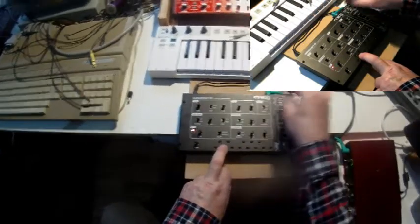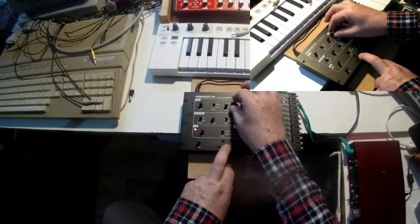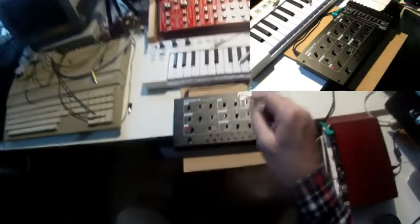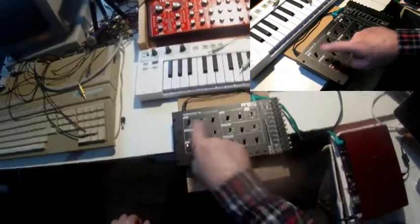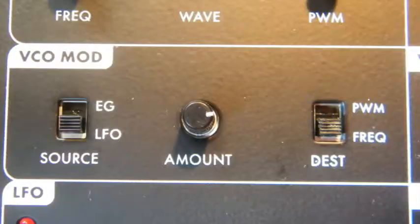Here we are at the regular square wave duty cycle. All right, let me put it back. Below the VCO, there is the VCO modulation section, and we can choose between two modulation sources, envelope and